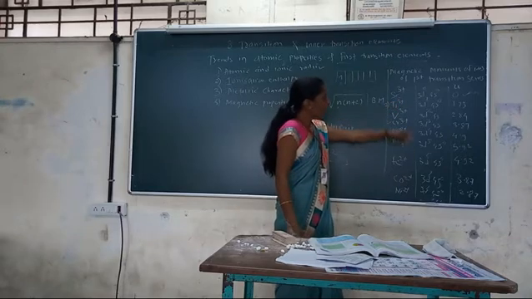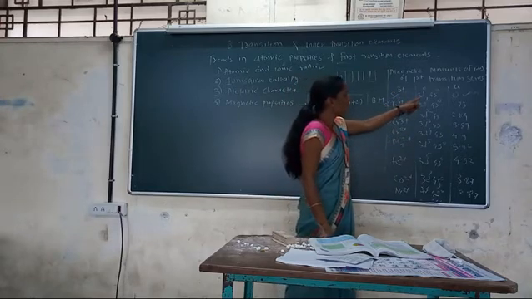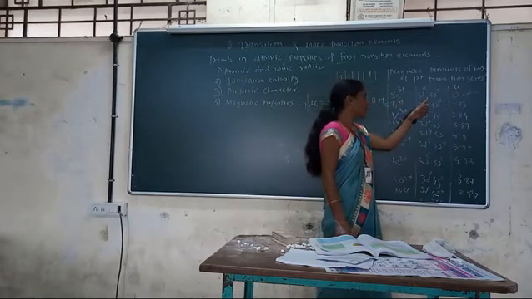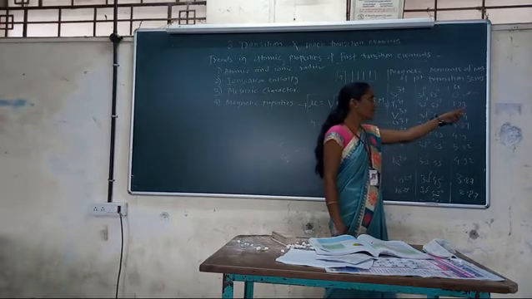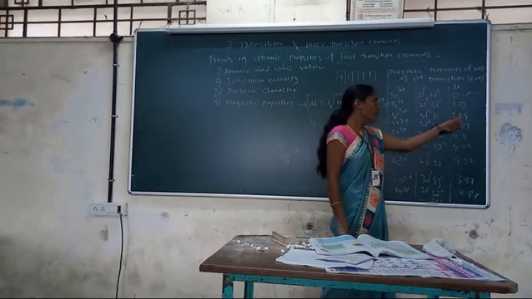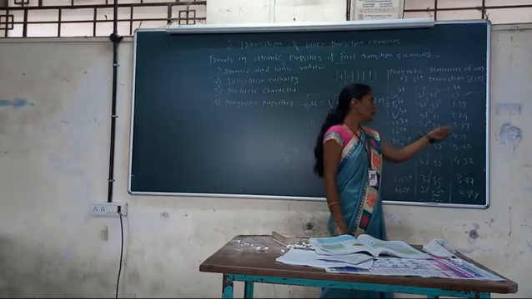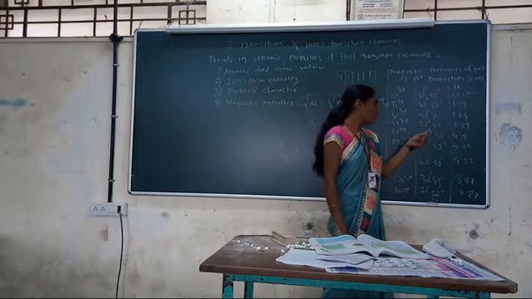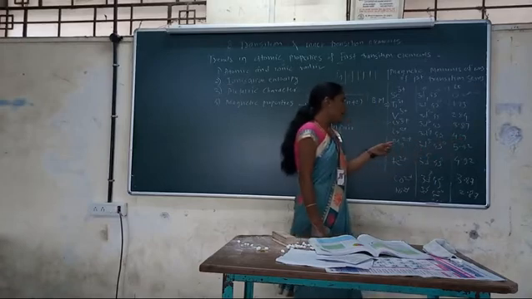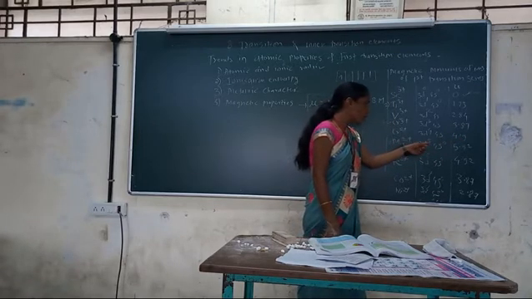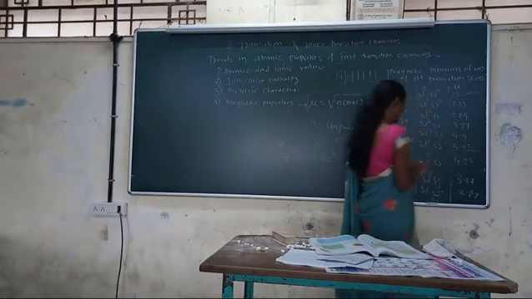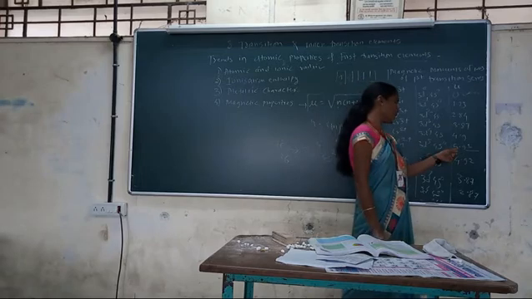From this data, scandium 3 plus has 0 unpaired electrons, therefore the dipole moment is 0. Titanium 3 plus has 1 unpaired electron, therefore 1.73. Vanadium 3 plus has 2 unpaired electrons, which means 2.84. With 3 unpaired electrons it is 3.87, and with 4 unpaired electrons, in chromium 2 plus, it is 4.9. Manganese contains 5 unpaired electrons, giving 5.92. Up to manganese, the dipole moment increases.